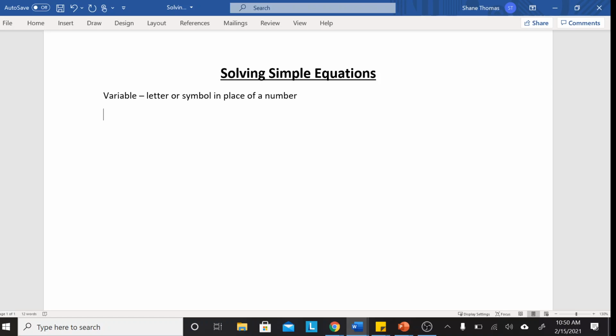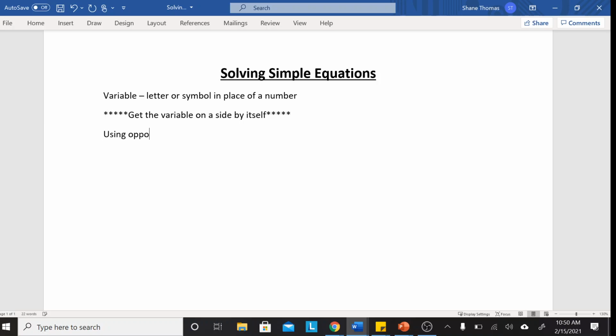Okay? So the big concept for solving simple equations is to get the variable on a side by itself. That's the big overarching thing. Remember doing this? Okay? These are simple. These are going to be one-steppers essentially. All right? And you're going to do this by